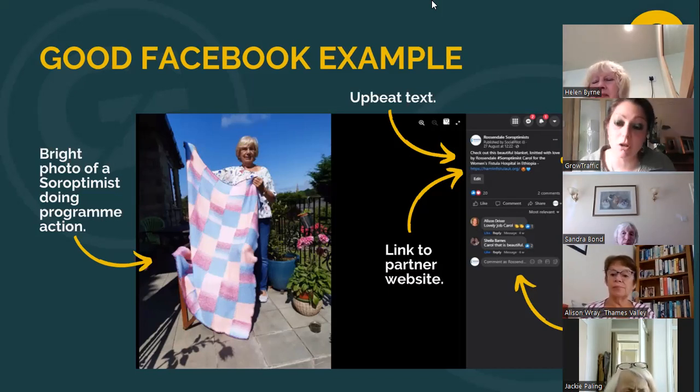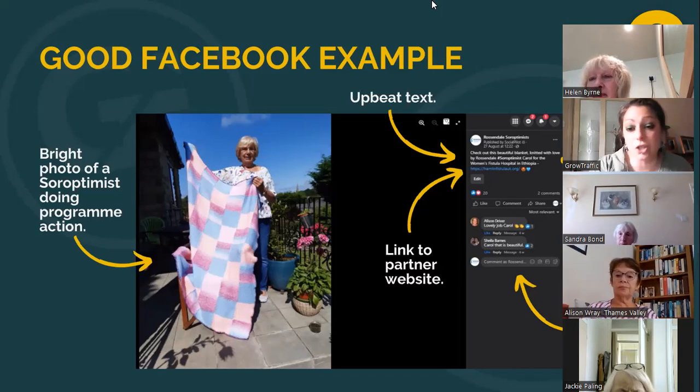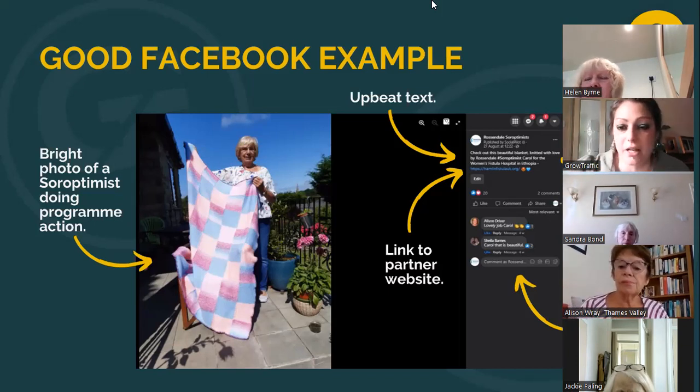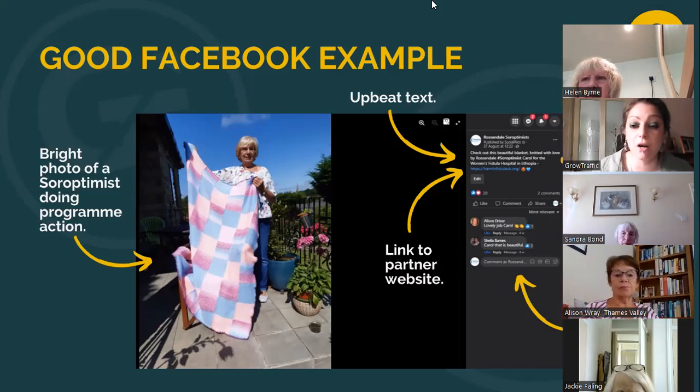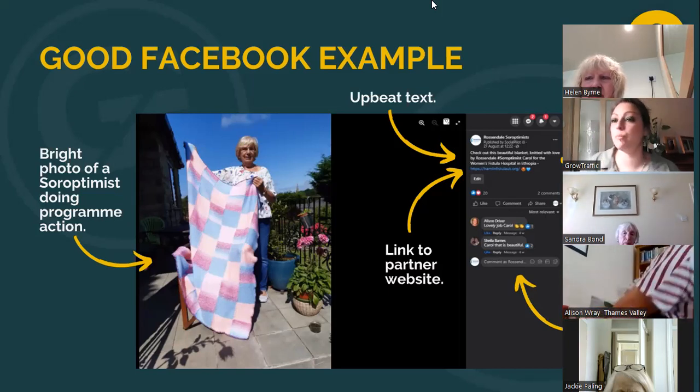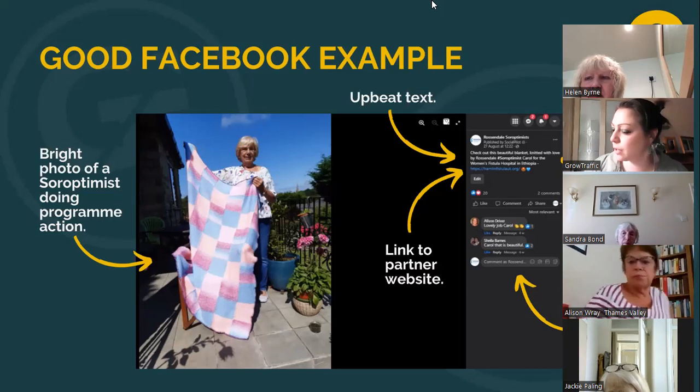In terms of the content, we haven't actually asked a question in this one. What would have been even better is if we'd said, after "Check out this beautiful blanket, knitted with love by Rossendale Soroptimist Carol for the Women's Fistula Hospital in Ethiopia," something like: have you knitted anything, or are you raising anything for the Fistula Clinic, or what knitting projects have you been doing recently, or have you been knitting those little support bears that Soroptimists have been knitting?